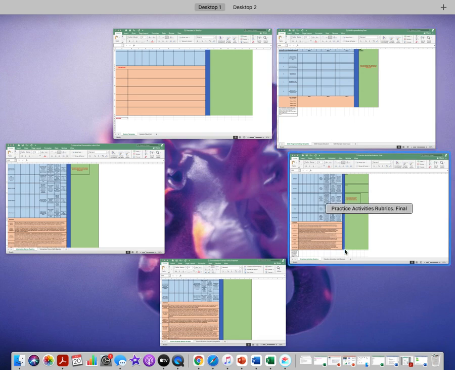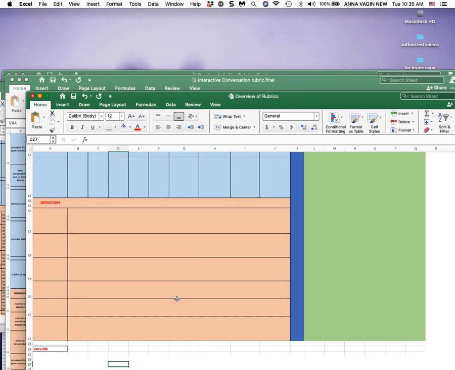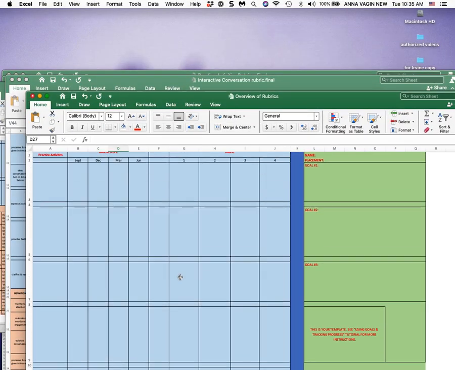Additionally, there are practice activity rubrics, and these talk about the additional practice activities that you can cut and paste into the paths so your students can have some extra practice. There is a tutorial for each of these different rubrics. I know there's a lot of information here, and so I've broken it down so you can look at it and absorb it piece by piece. Right now, let's look at the general framework of all of the rubrics.